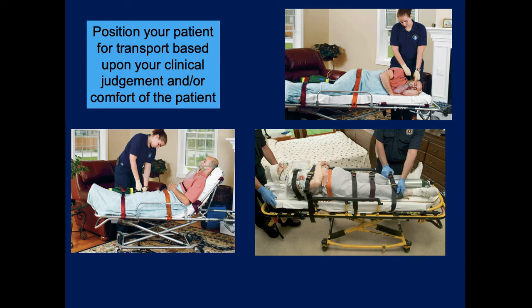And then finally, the little old lady who's being strapped in incorrectly on the gurney. Little old ladies, little old men, they're on a lot of medications. And between the aging process and all these medications they take, their skin gets really thin and really easily torn. It's almost like parchment thin paper type of skin. So when we load a person like this onto our gurney, we want to make sure that those straps are